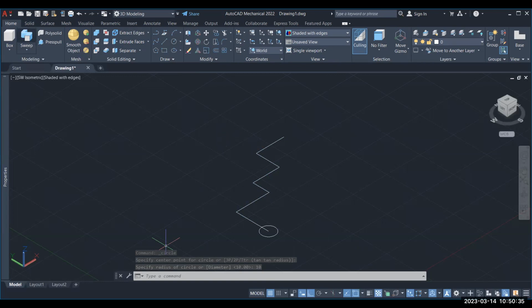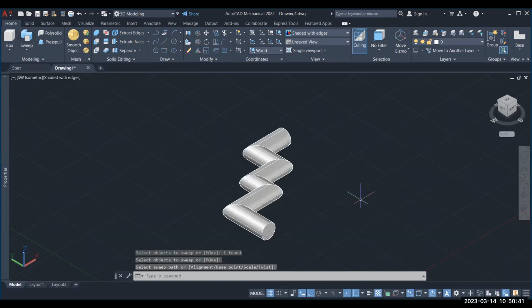So, okay, so like this you can generate. Okay,